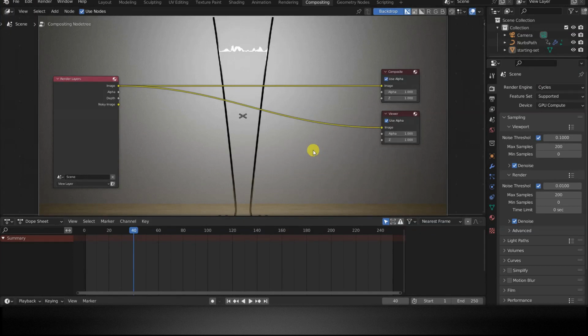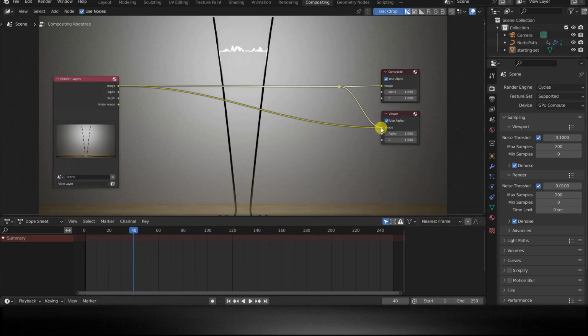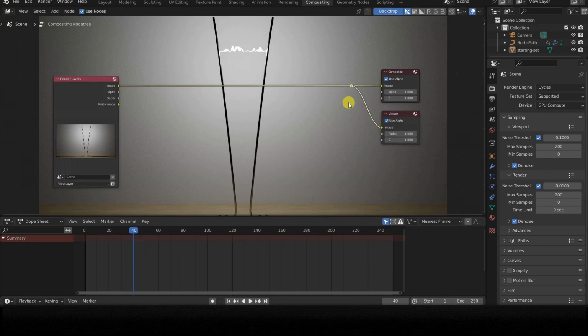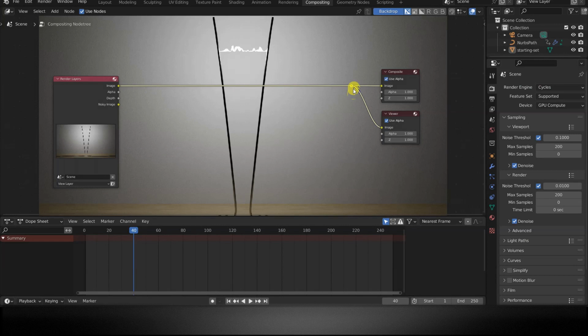To ensure that the post-production output is the same for both the rendering to be saved to disk and the backdrop preview, let's add a layout reroute object between render layers and composite, then connect this reroute object also to viewer. If you need to move reroute, select it with a mouse click and press the G key to move it in the window.